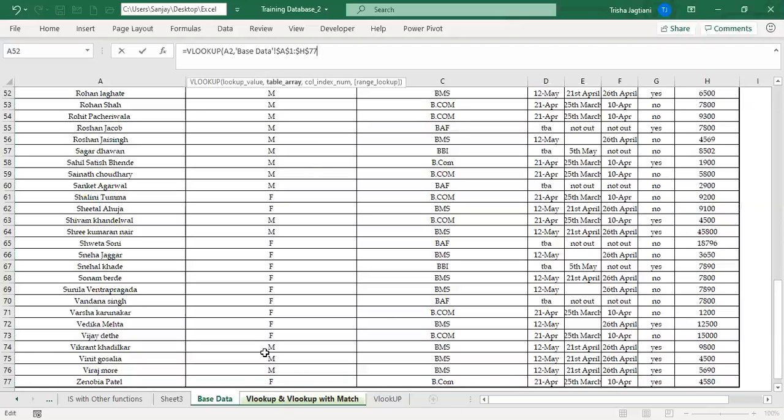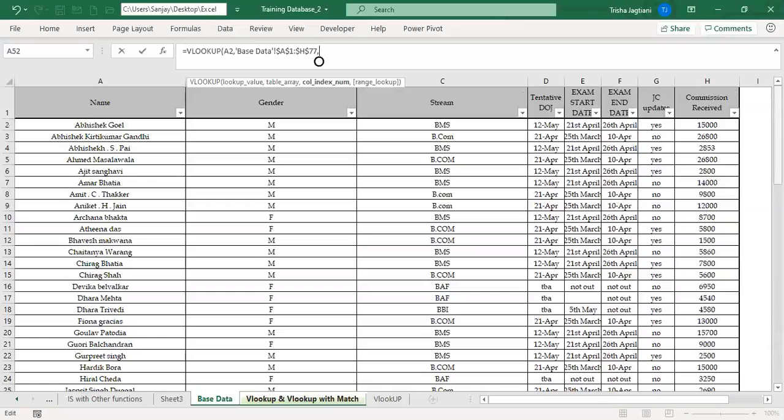Moving ahead, I'm not going to go back to my VLOOKUP sheet. I'll stay inside the database sheet and look for the formula in the formula bar, and then add a comma. As soon as I add a comma, Excel then asks me for the column index number. I'm going a little up to show you what will be my column index number.